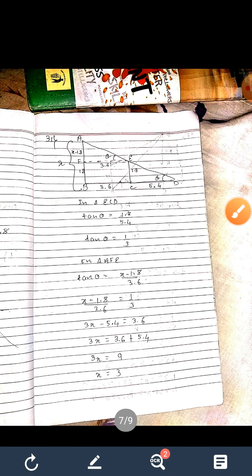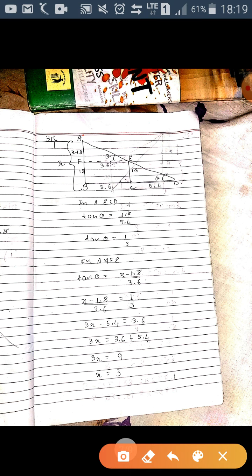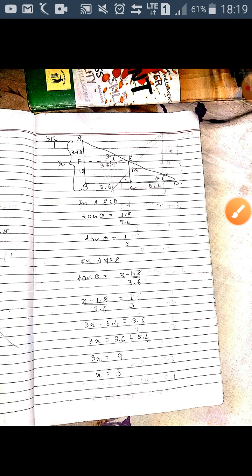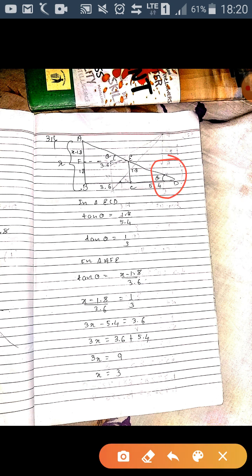So now I get two triangles in this figure. This is the first triangle where the angle is theta, base is 3.6 and height is x minus 1.8. And I get another triangle whose base is 5.4, height is 1.8 and this angle is theta. One thing which is not coming to my mind right now is why these two angles are equal. The answer comes only when we take both of them as theta. Right now I can't give you a reason why I have taken both of them as theta. I tried to figure it out but I couldn't find it.